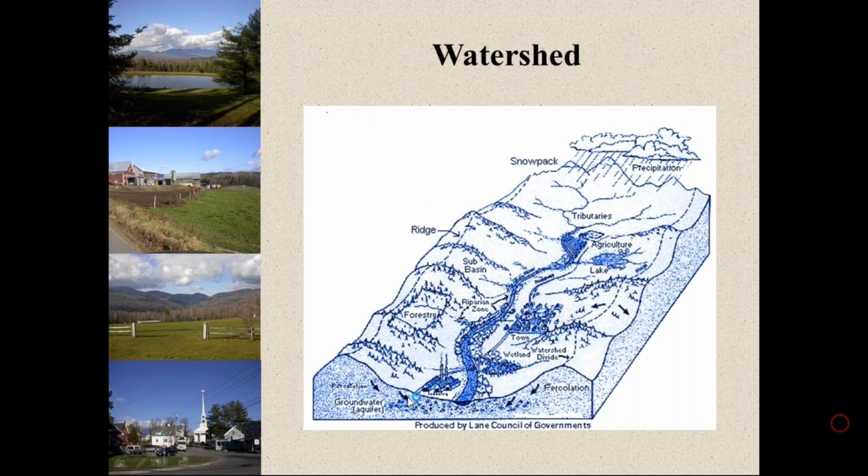And basically, if you look at the topographic high areas where the rainfall falls and it goes one way, and it goes down to a riverine or stream type system, all the water that falls within that basin is a watershed. And they've asked about the definitions of watershed versus an aquifer. And of course, an aquifer is the underground portion. So some of that rainfall that falls down on the land may go down into an aquifer where measurable amounts of water can be pulled out for a usable purpose.